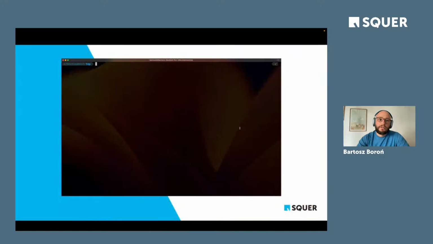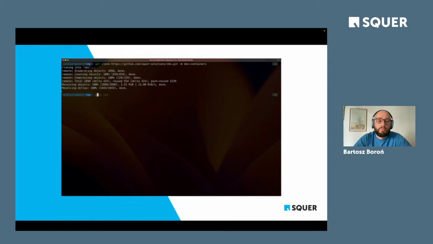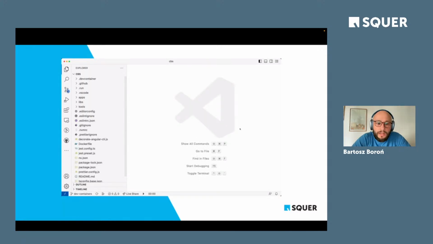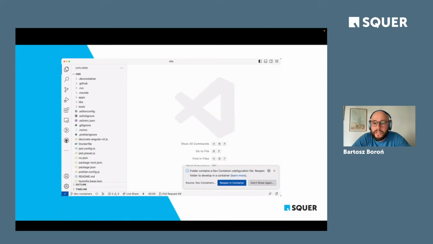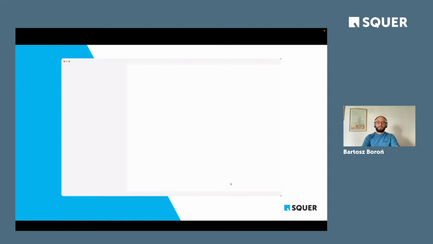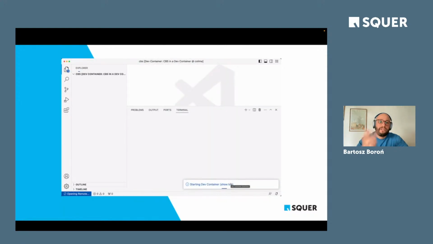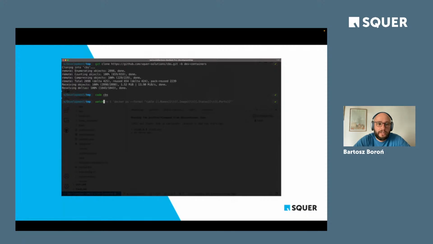Basically, I could, as always, git clone the repository and open it in my favorite IDE. But this time I would receive a notification: hey, there's a dev container configuration. Would you like to open the IDE in a container? Hitting yes would quickly restart VS Code.